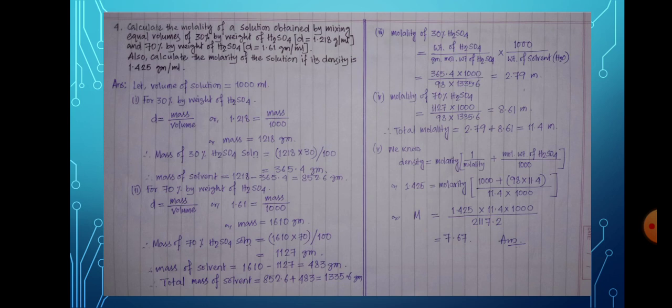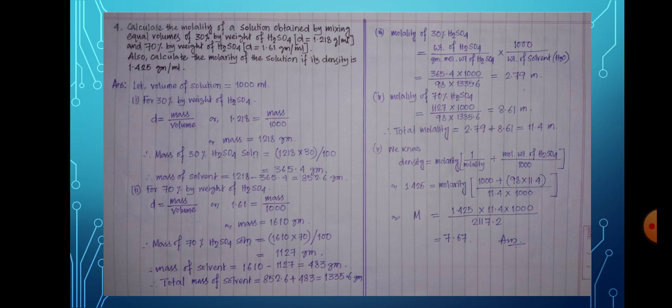So mass of solvent: because we know solvent plus solute equals solution, we are going to find out the mass of solvent by subtracting the value of solute from the value of solution. Therefore 1218 minus 365.4 equals 852.6 gram. By applying this technique, the mass of solvent in the 70% sulfuric acid solution equals 483 gram. So therefore total mass of solvent after mixing equals